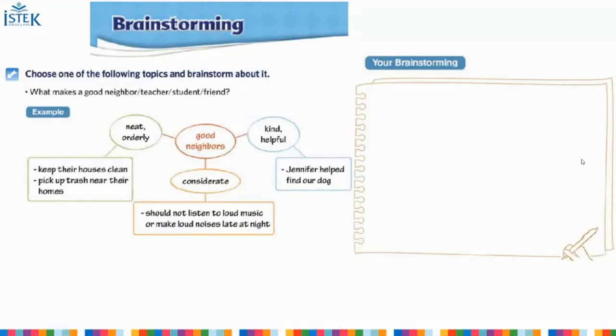Pick one of these topics and brainstorm about it. First, write qualities using adjectives that your chosen person should have. Then brainstorm specific explanations and examples that further explain these qualities. You can get ideas about what to write about from the writing model, sentence building exercises that we did together, and the more words and expressions box at the bottom of page 53 in your student book.